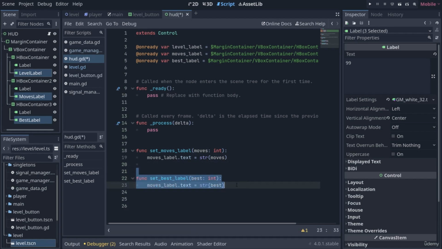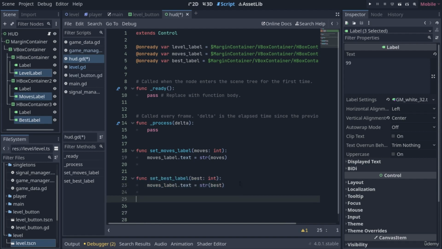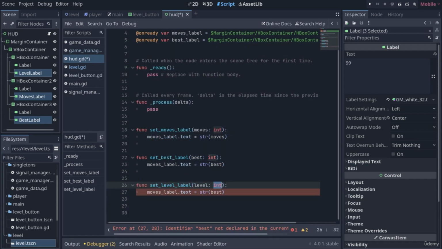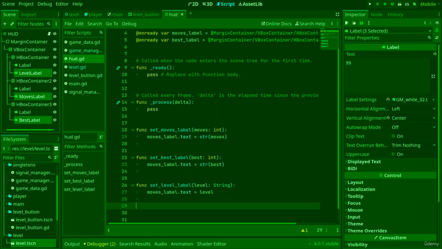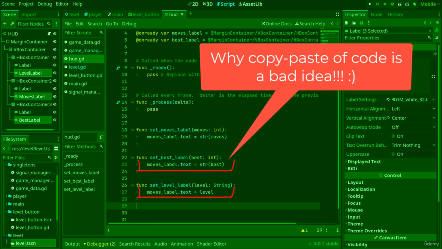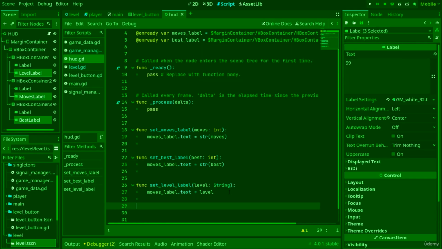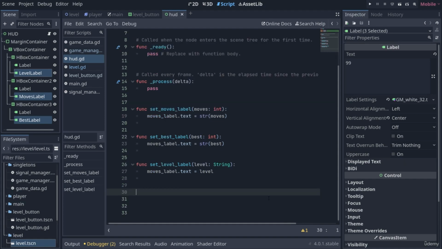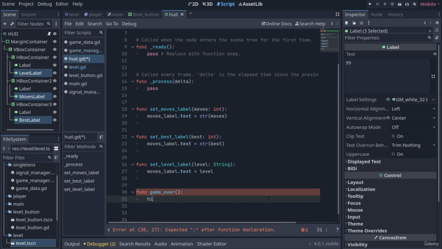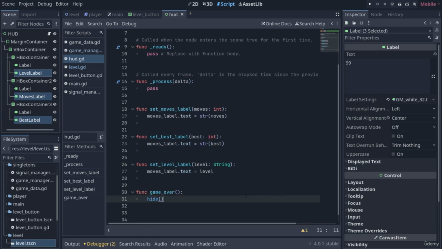And then last but not least, what we can also do is we can set up the level label. In this case, the level will be a string. Finally, we'll set up one more, and that will be a game over. So we'll do func and game_over. And in here, all we're going to do simply is hide. So we're going to remove ourselves when the game is over